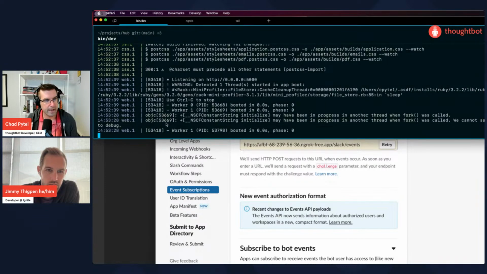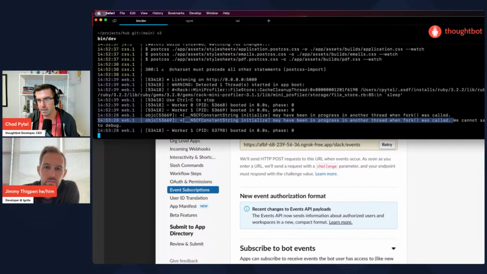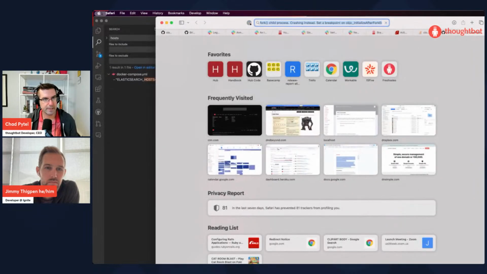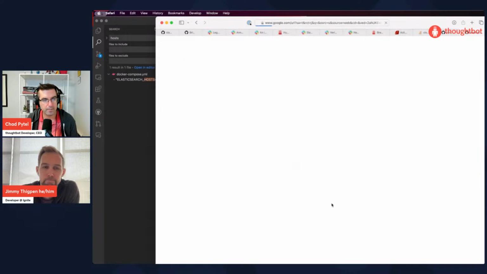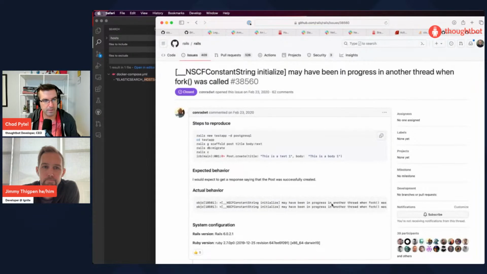I'm having this problem on my computer, and I haven't been able to permanently fix it. It's Puma crashes. Mm-hmm. And in order to fix it, what is Puma? The web server that Rails uses.